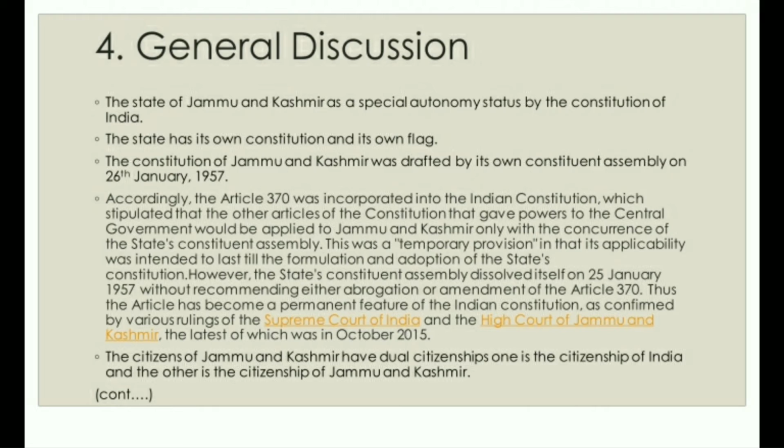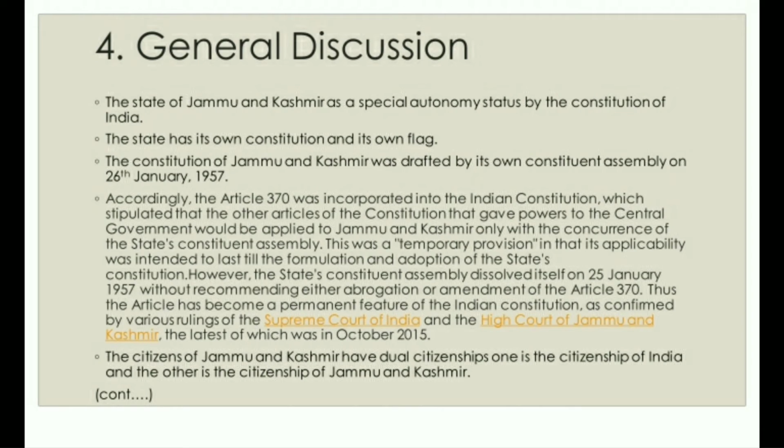The state has its own constitution and its own flag. The Constitution of Jammu and Kashmir was drafted by its own Constituent Assembly on the 26th of January 1957. Accordingly, Article 370 was incorporated into the Indian Constitution, which stipulated that the other articles of the Constitution that gave powers to the central government would be applied to Jammu and Kashmir only with the concurrence of the state's